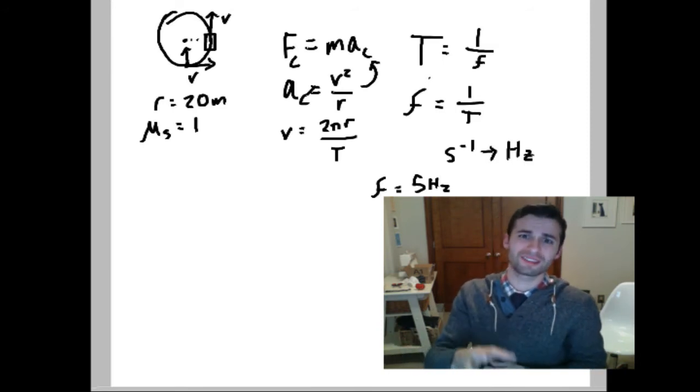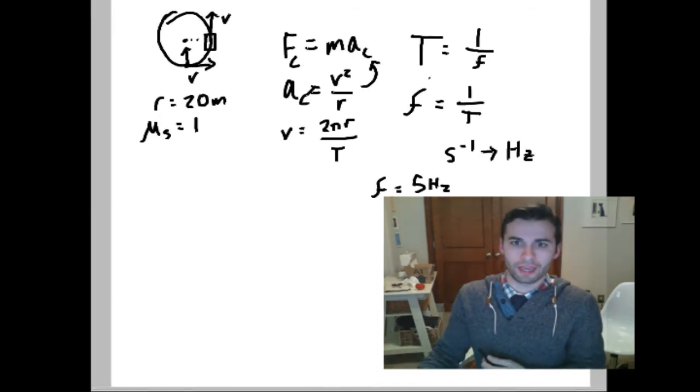So let's say that this isn't an icy road. We've got a coefficient of static friction of 1. And I want to know